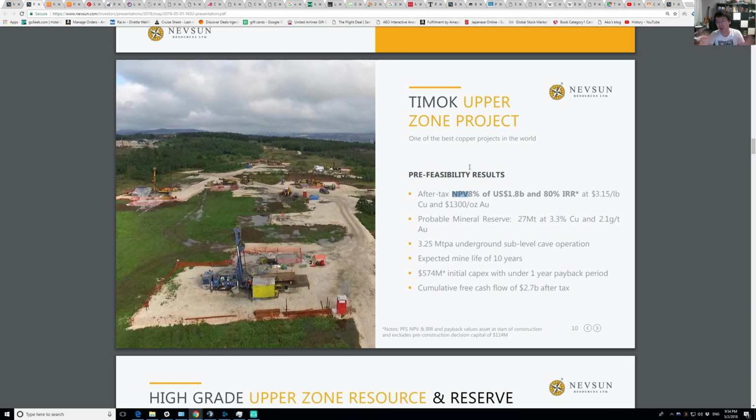But either way, it's going to be 3 years of construction, and then you start actually mining, and you can sell these ores or concentrates in this case, and that money will be discounted 8% per year, right? So why do we do this? Because $1 now is better than $1 next year. So this is saying that if you expect an 8% annual return, you should pay $1.8 billion for this project